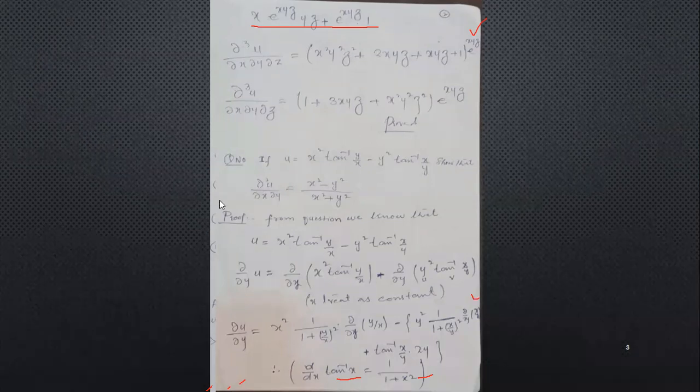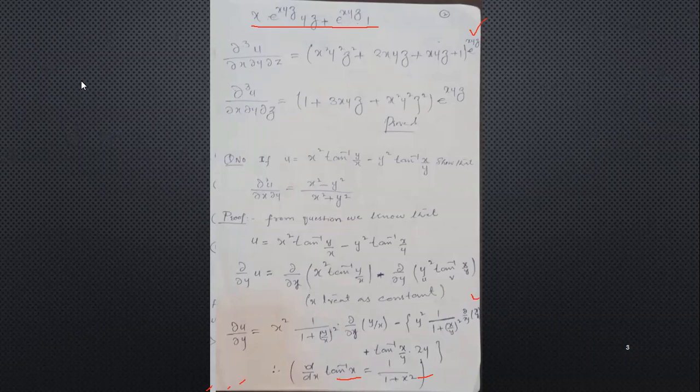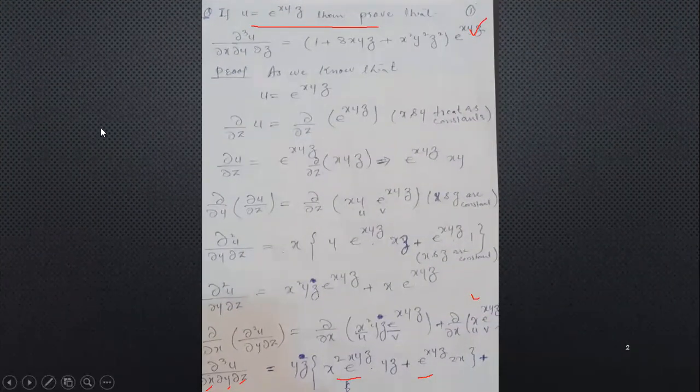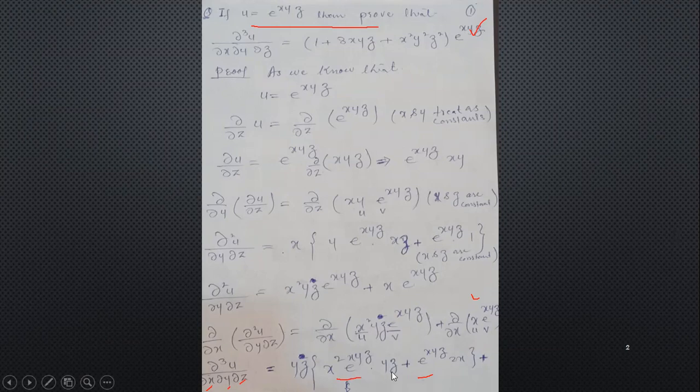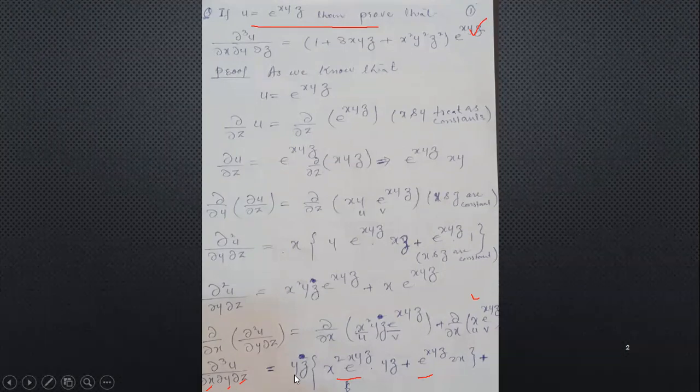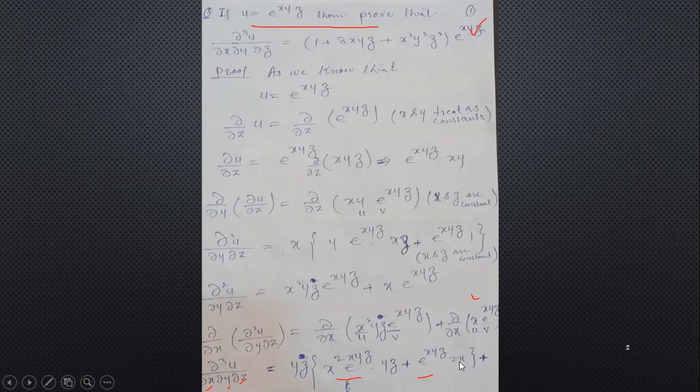in the first term, when we multiply yz with this term, here also we have yz, so we get y square z square, and x square we already have. So we take e power xyz common and after multiplication of yz we get x square y square z square. Same, y and z we multiply with the second term, and when we take common, 2x multiplied with yz gives 2xyz.